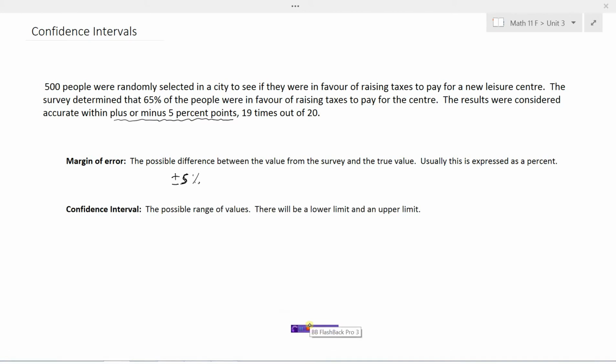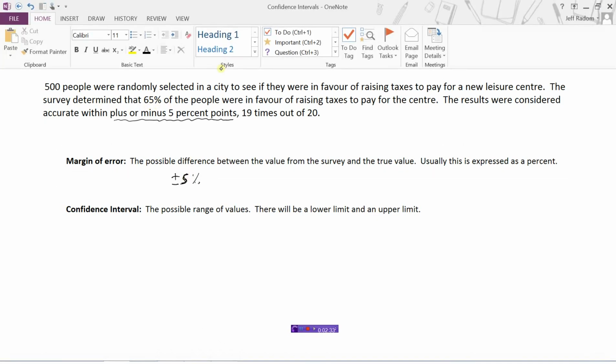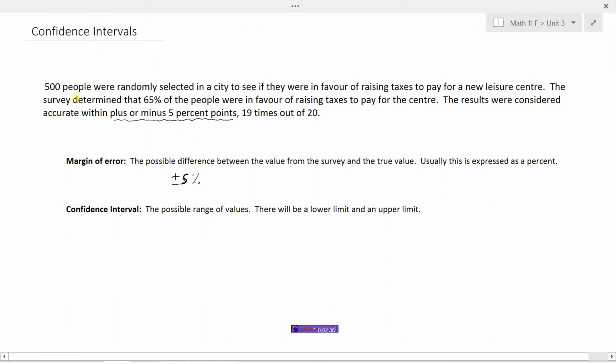The confidence interval is the possible range of values. And there's always going to be a lower limit and an upper limit. So here we said that 65% was what the survey found out, and that was accurate plus or minus 5 percentage points. So if we take our 65 and subtract 5, that gives our lower limit of 60. I'll write LL for lower limit. And our upper limit would be 65, which is what our survey found, but if we were to add 5% to that,